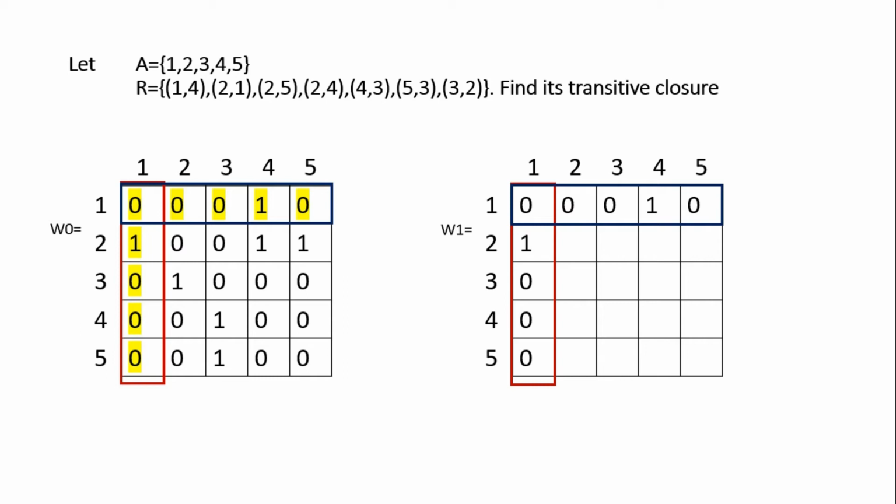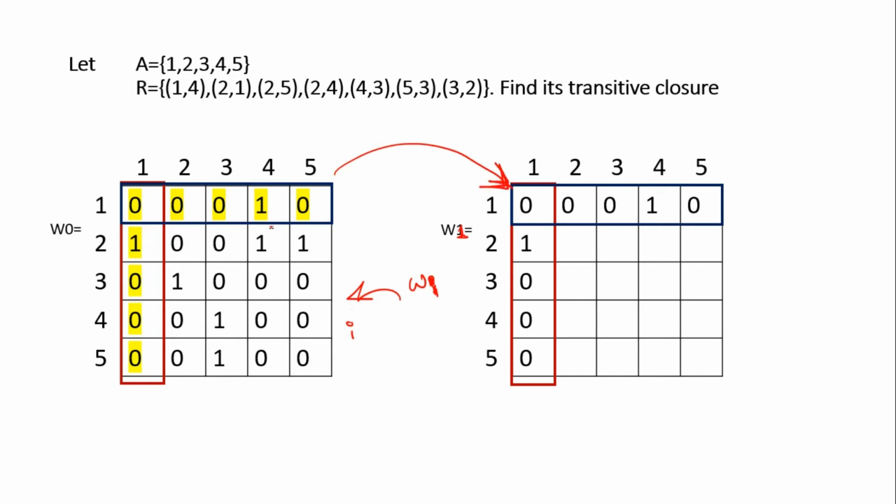Let's see an example. To calculate any Warshall set Wi, in the previous step, the ith column and ith row will be highlighted. Here I am calculating W1. So the first row and first column in the previous matrix are highlighted. All the elements from that row and column will be kept as they are in my resulting Warshall set.